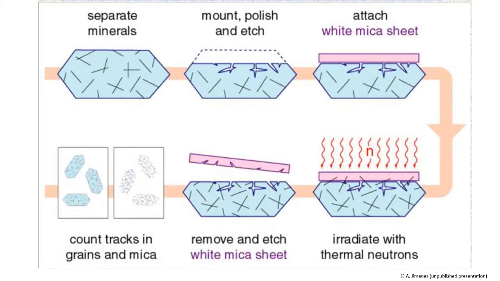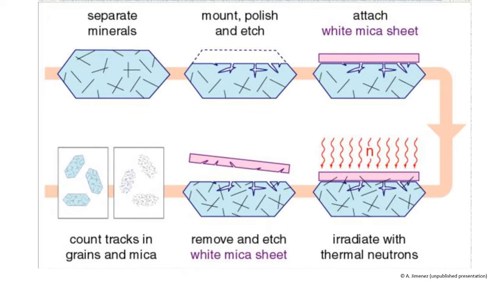We take our mineral, either apatite or zircon in this case, and we polish it down to a nice flat surface. We then take a sheet of mica. Mica is a mineral that's extremely flat. It's a phyllosilicate mineral that's very, very flat and has a very low uranium content. And you're going to see why we use that in just a second. Once it's got the sheet attached, we will then fire that neutron gun at it, and that neutron gun is going to cause any uranium in the crystal to become radioactive and super excited and release more of that electron voltage worth of energy, causing scarring on the crystal.